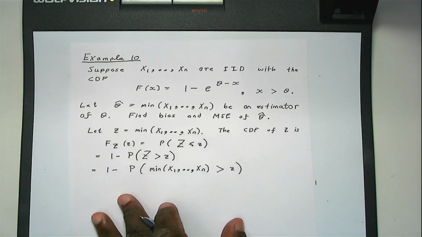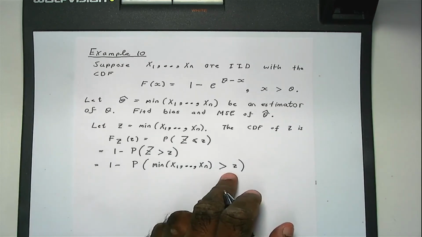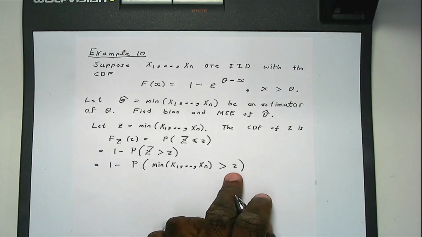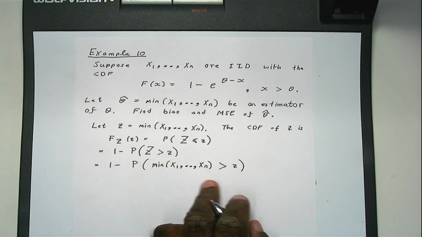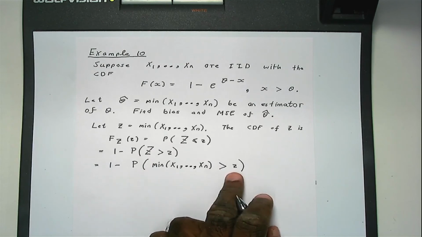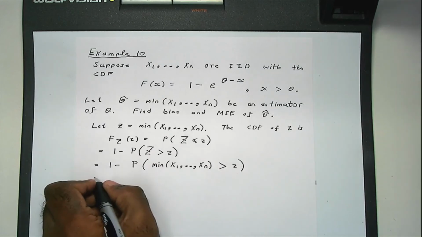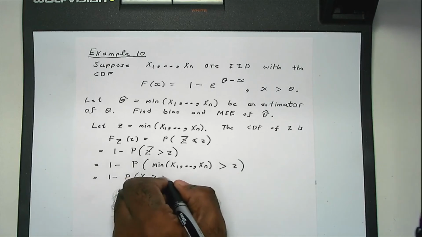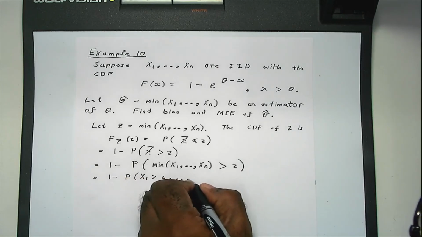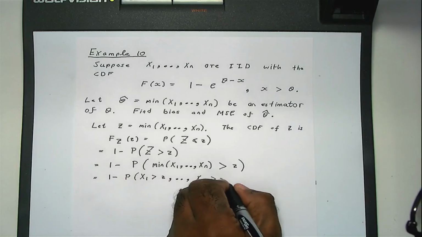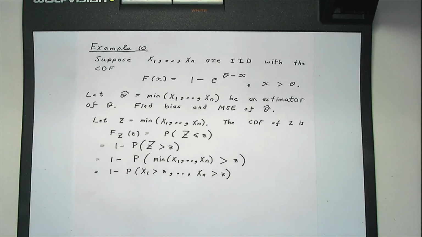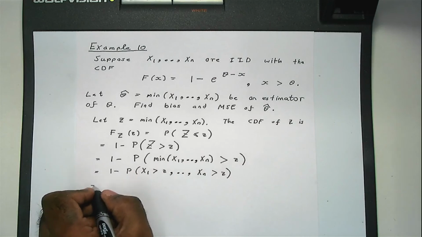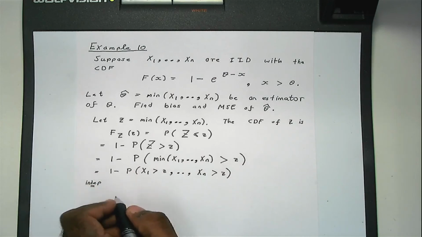Now, if the minimum, that is the smallest value of n data points, is greater than a fixed number, that means that each data value must be greater. I hope you follow what I'm saying. So this is the same as saying that x1 is greater than little z, up to xn is greater than little z. Now, because x1 to xn are independent random variables, using independence of x1 to xn, we can write this as